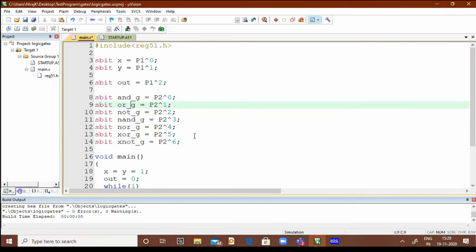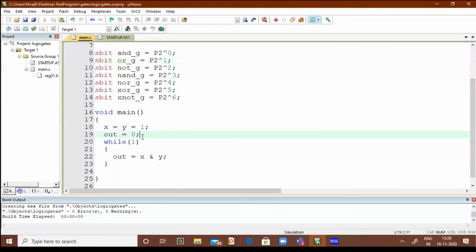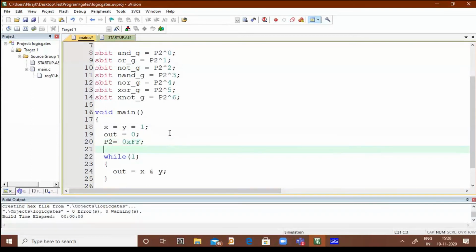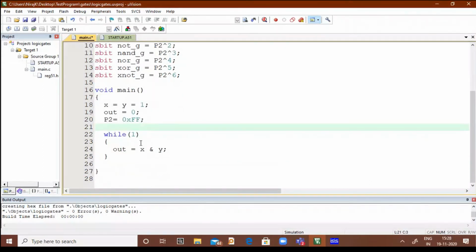So all these port pins are inputs, so we have to make them 1. Okay, so how to make that 1? I can write directly P2 equals 0xFF. That's fine because only one pin is left, that is P2.7, but that doesn't matter. Or you need to write AND_G equals OR_G equals NOT_G equals 1, like that.